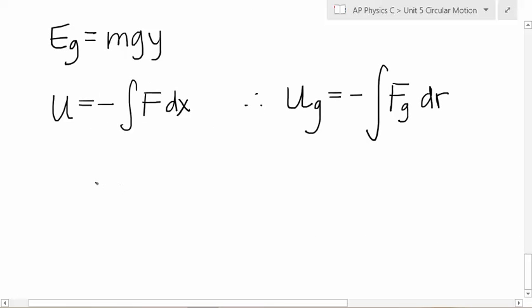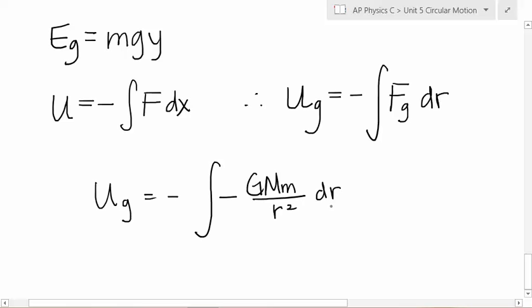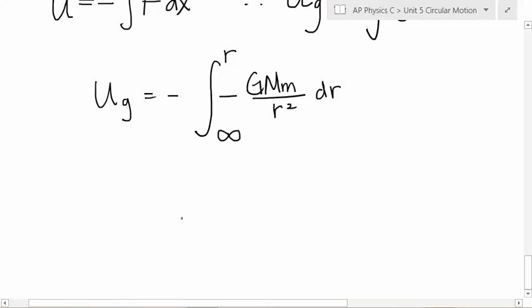Now, U sub g then would be negative. The gravitational force is always pointed down towards the center of the Earth. So we're egocentric. Let's make it a negative G m over r squared dr. And let's integrate from infinity to r. So we're going to start with the moon very, very, very far away, and we're going to bring the moon or whatever object it is into a position r. So when I integrate that,